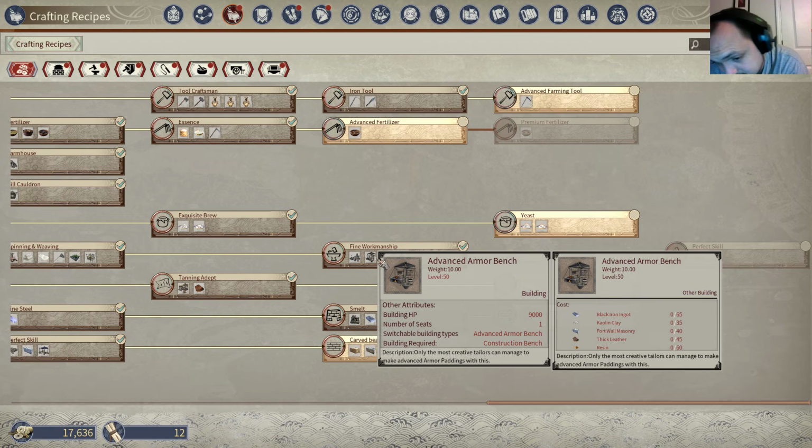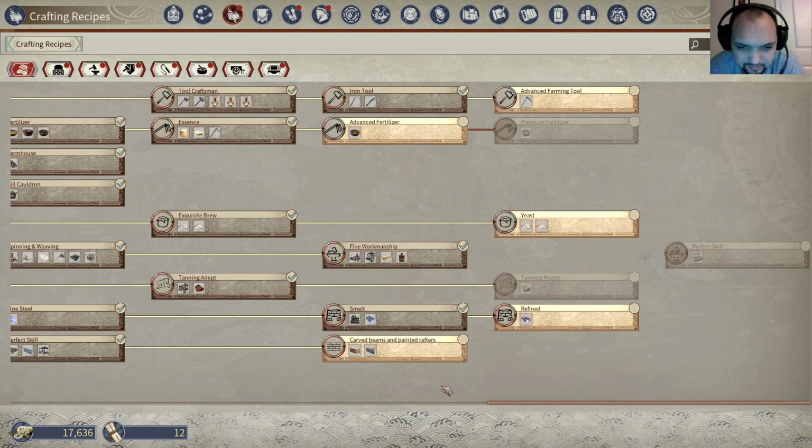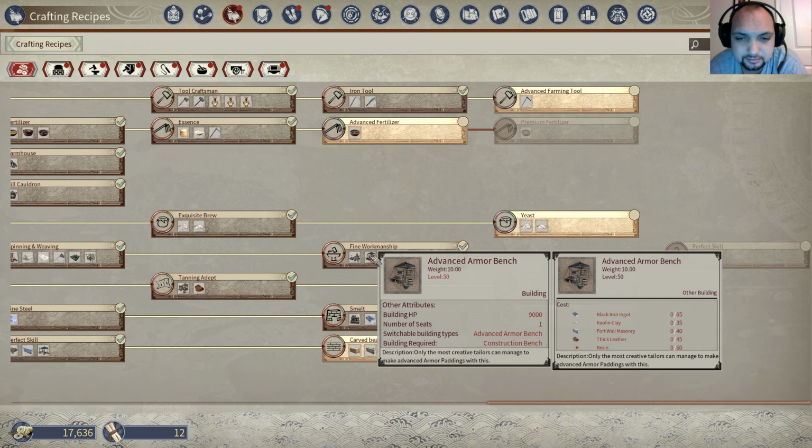And then the advanced armor bench was the same in black iron, but it had the fort wall masonry, which is level 3 smelted bricks. So like you're looking at advanced crafting bricks and crafting ingots. You had to have like a high tier group, preferably, to go into the black iron part